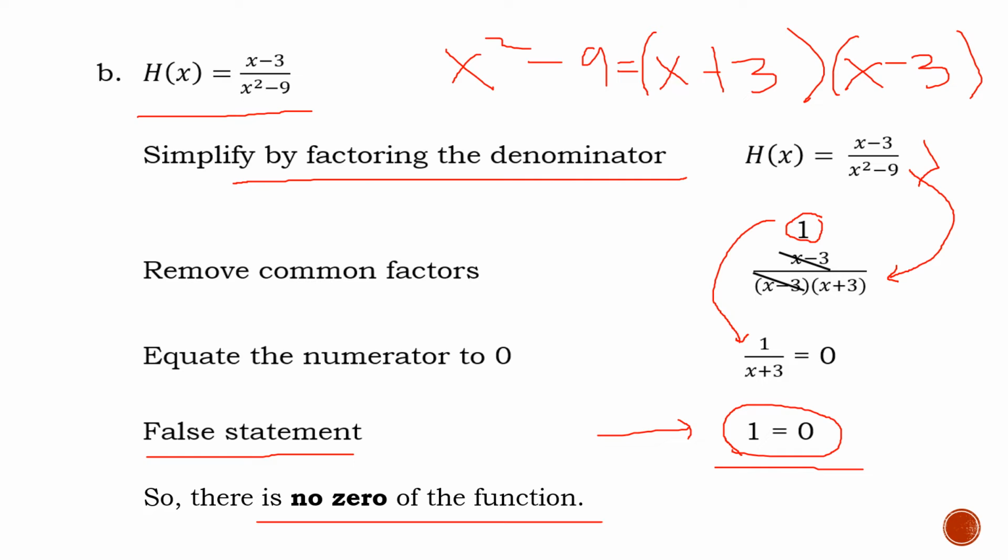There are cases wherein if there's a given rational function, once we use GeoGebra or Desmos as the application, no, for us to graph this rational function, there are situations wherein there is no zero, meaning to say that there is no x-intercept. Or there is no point of intersection between your x-axis and your curve that will represent your rational function. That's why here, since it provides you 1 is equal to 0, it's a false statement, definitely, no? There is no zero for this given function.